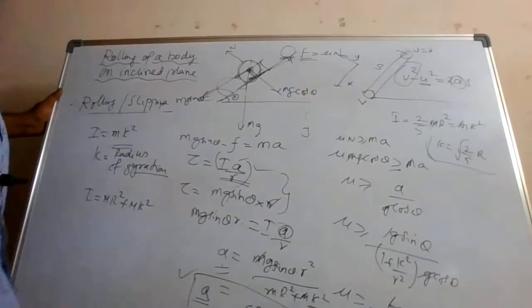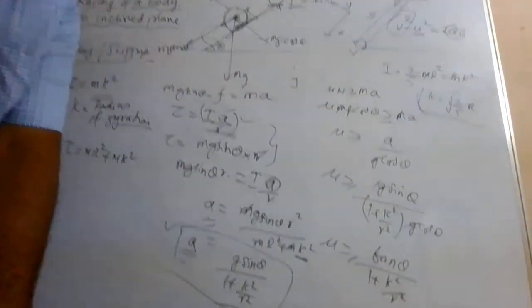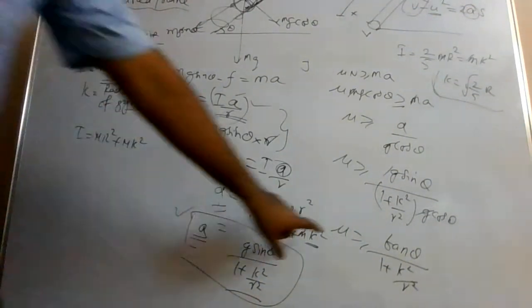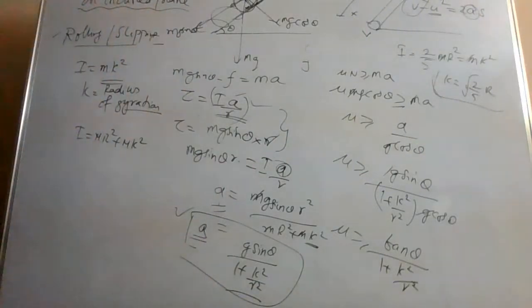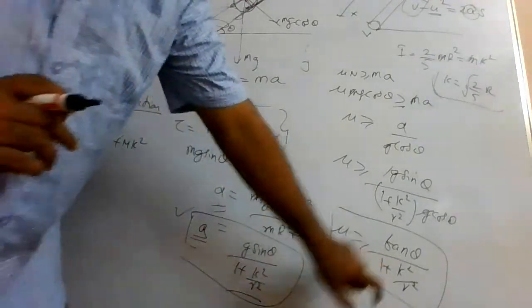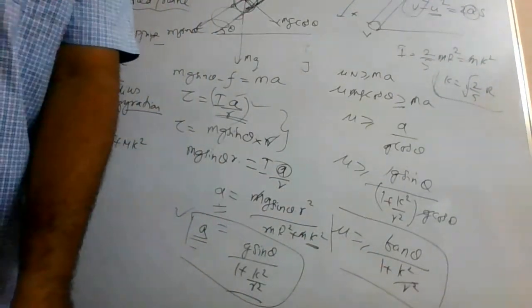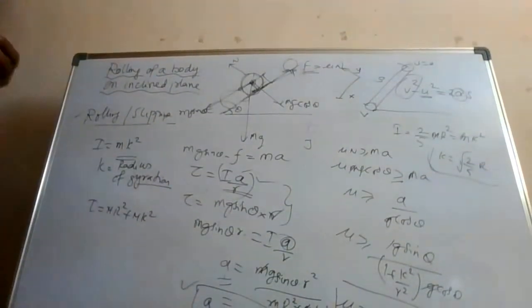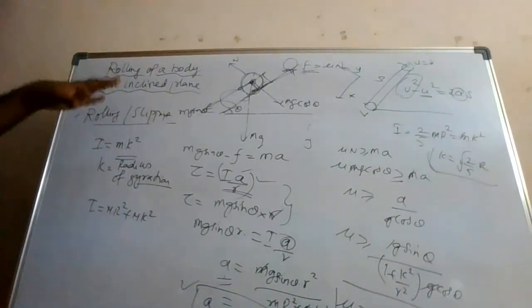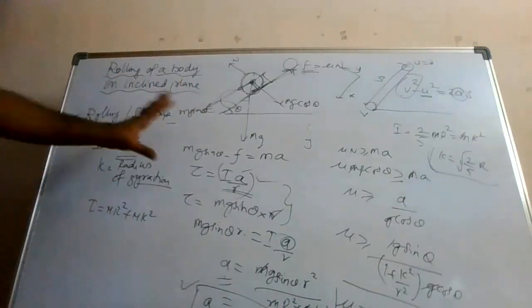Just put it back so that you are able to see the bottom values I have written. So mu should be greater than this value. You can remember this expression, or you can remember the derivation. For k values, you have to put the different shapes asked in the question. It can be a sphere, a cylinder, a disc, or a ring. Depending upon that, you have to make the calculations. So if rolling of a body on an inclined plane making an angle theta is given, you have to do the calculations like this.